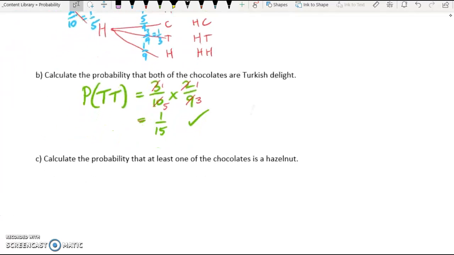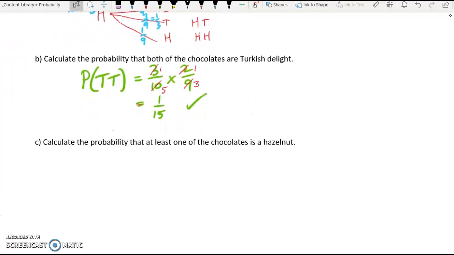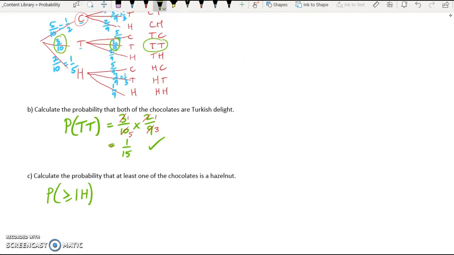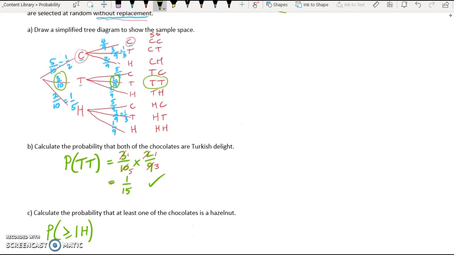Let's have a look at the next one. It says calculate the probability that at least one of the chocolates is a hazelnut. So I'm going to write a little bit of shorthand here. We want greater than or equal to 1 hazelnut is the way I'm going to summarise what the question's asking here. Now let's have a look at all the possible ways that you could get at least 1